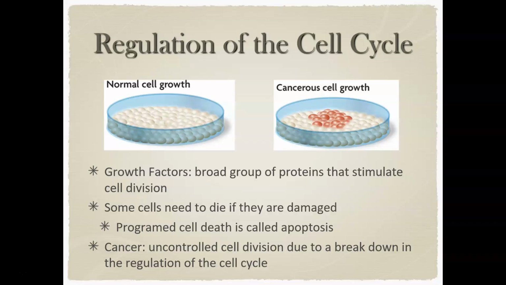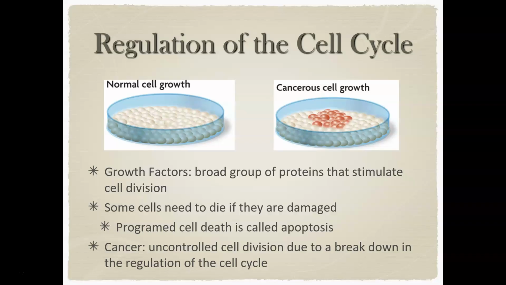Also, your cells, especially at the end of G2, are looking to ensure that once it's gone through the synthesis phase and duplicated its genetic information, it has done so accurately, so that we're not dividing a cell that's now carrying mutations, changes in the DNA that may very well become a problem. And same thing in metaphase, we want to ensure that all of those spindle fibers are properly attached to the chromosomes so that when we move into anaphase, those chromosomes actually split evenly when we go to create those new cells.